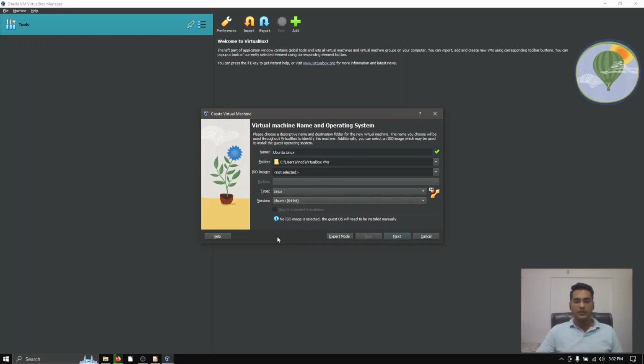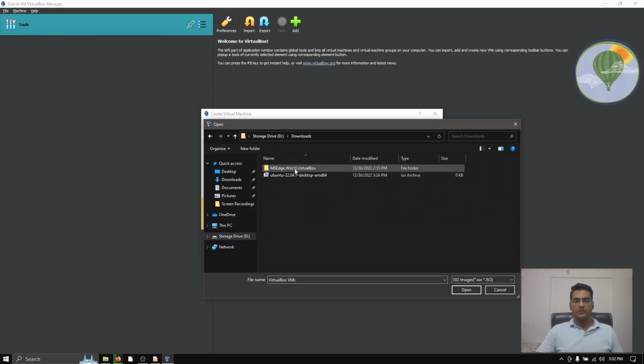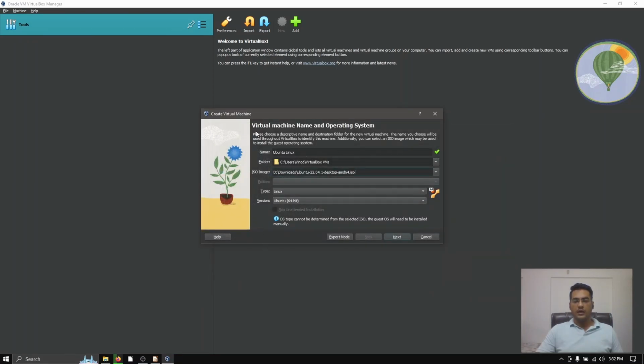Now, next thing you have to do over here is choose the ISO image file. Remember the ISO file we downloaded? We have to connect it over here, right? All you have to do is click on this drop down, click on other, find your ISO file. This is my ISO file, click open, right? So it will detect what kind of ISO is there and then it will show you something like this. Don't worry about it. This is the major configuration that we need, right? So the name has been given, the ISO file has been set, the type and version has been set. All you have to do is go ahead and click on next,